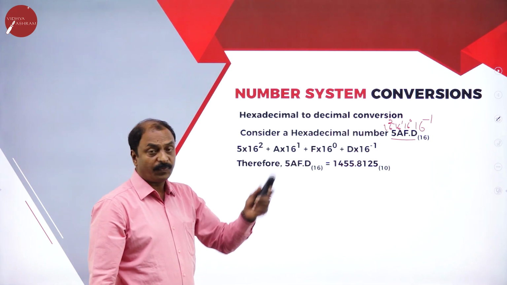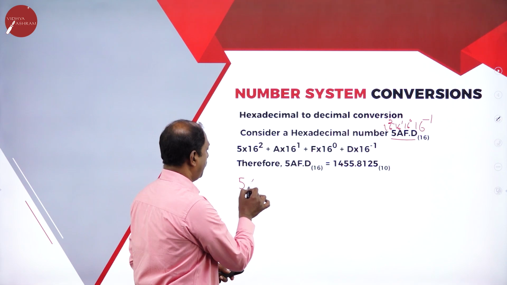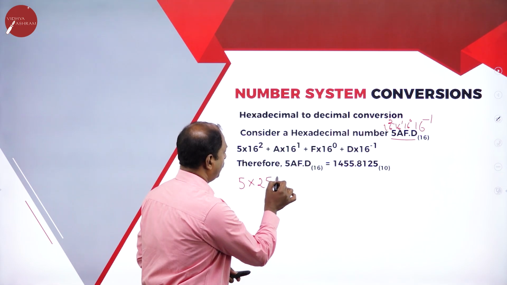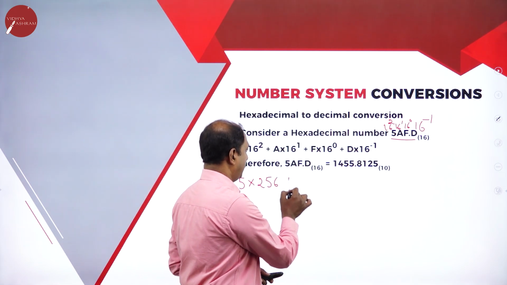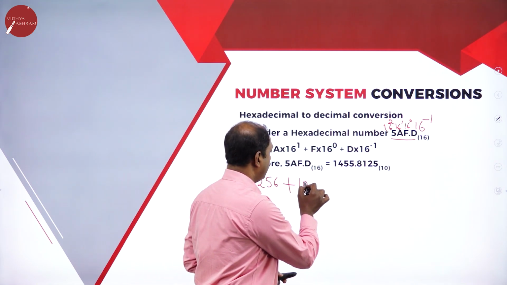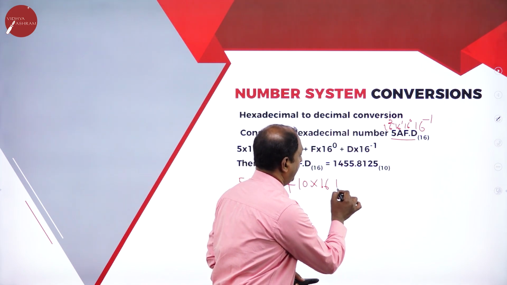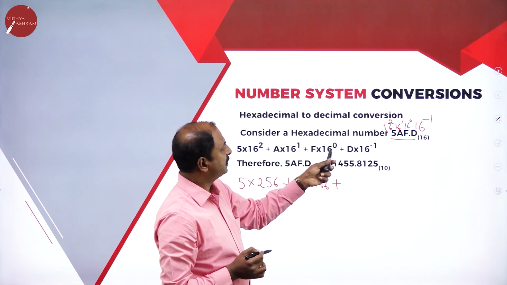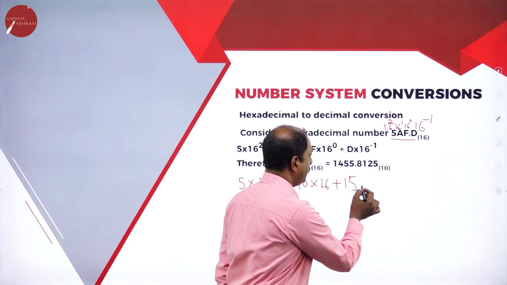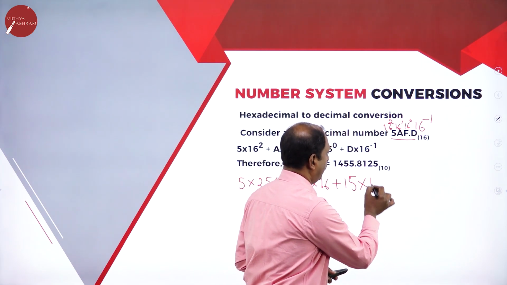Simplifying, 5 into 16 squared, that is 256, plus, A stands for 10, so 10 into 16 to the power of 1 is 16, plus F into 16 to the power of 0. F is equivalent to 15, into 16 to the power of 0 is 1, plus